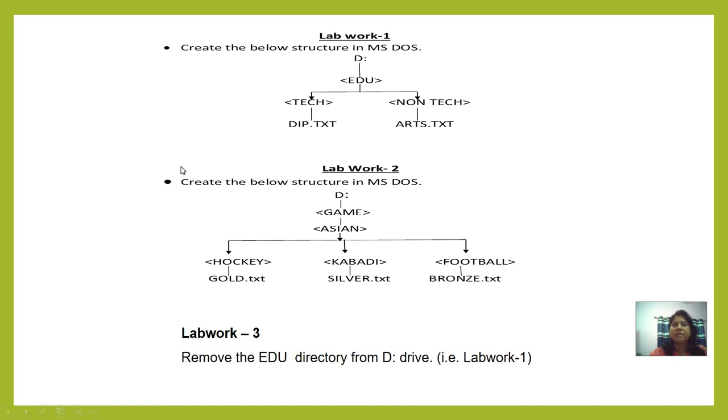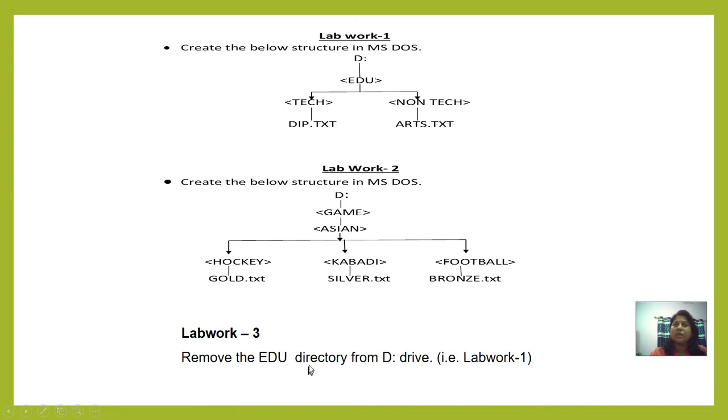As per lab work 3, you have to remove the edu directory from your D drive. In lab works 1 and 2, only the creation part is there. Clear? After creation, how should I remove the directory? For removing the directory, lab work 3 is there, where the rd command is to be used.